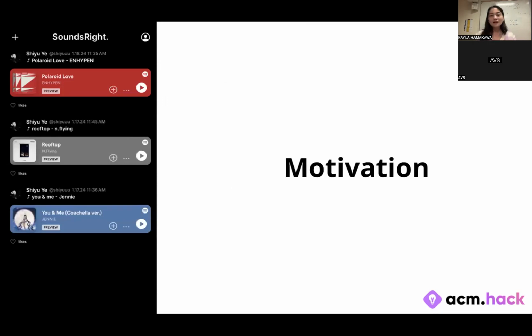Okay, so starting off with some motivation for our Sounds Right app. If you look at this picture, it looks great and amazing, but if we want Sounds Right to make it big,